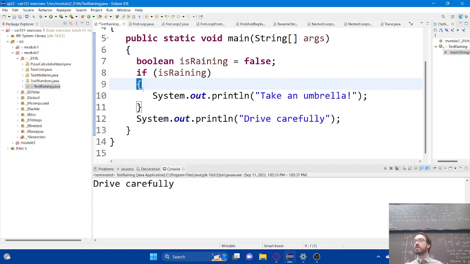This is perfectly valid, right? So the way I would say this in English is, if it is not raining, take an umbrella. That's kind of silly. That's not really the intention, but it's still a valid statement as far as computer science goes, right? And it can be useful to phrase things that way sometimes. But let's take a look at something a little bit more complex. And we'll revisit your question of what do we do if it's false a little bit later on.